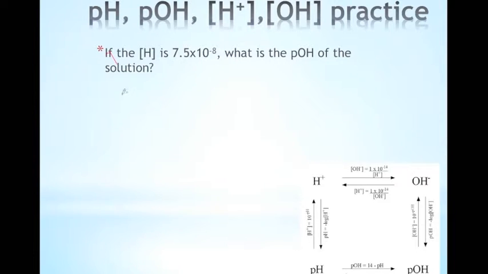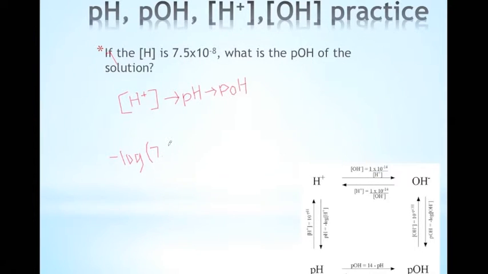So, practice number 2. Now, if the hydrogen concentration is 7.5 times 10 to the negative 8th, what is pOH? To get from hydrogen ion to pOH, we have to go around the bases just a little bit. First, I'm going to go from hydrogen ion concentration to pH, and from there, I'll go to pOH. You could go the other direction, but we're just going to go this way for time's sake. To get from hydrogen concentration to pH, you take the negative log of the hydrogen ion concentration,